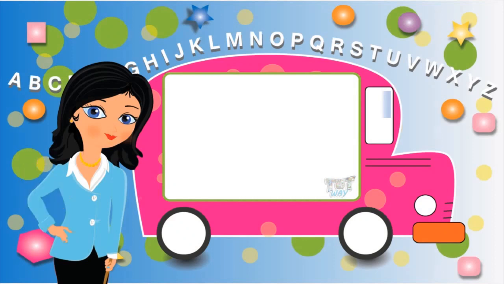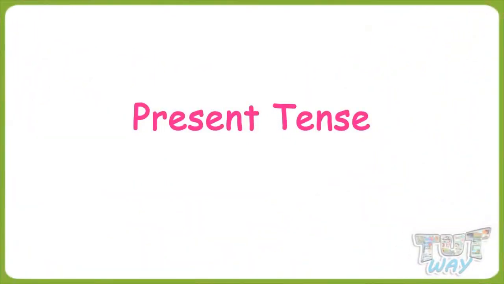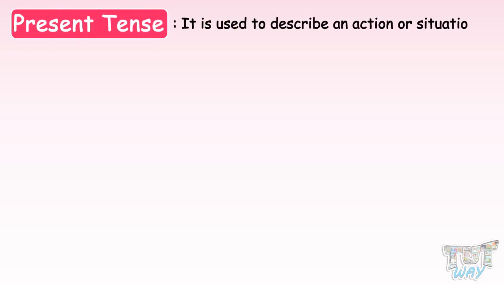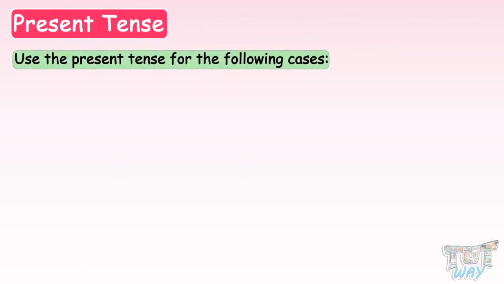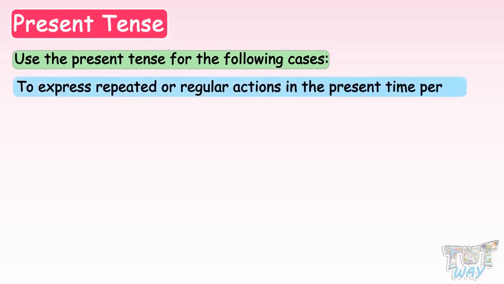Hi kids! Today we will learn about present tense in detail. So let's get started. The present tense is used to describe an action or situation that is happening at the moment. We use the present tense for the following cases: to express repeated or regular actions in the present time